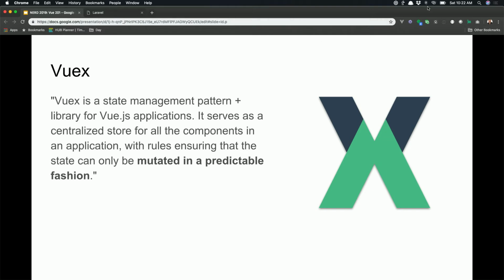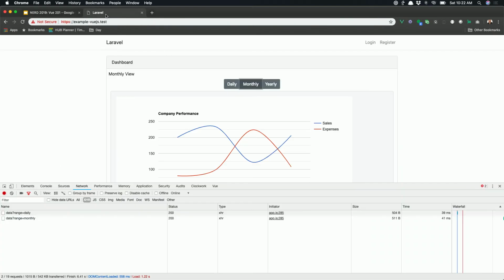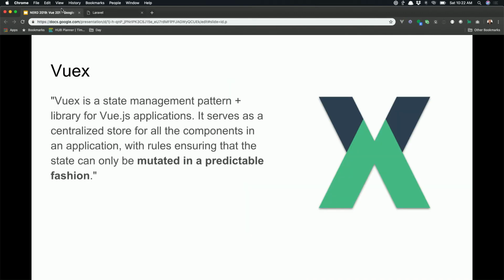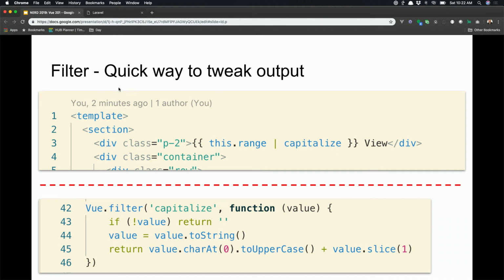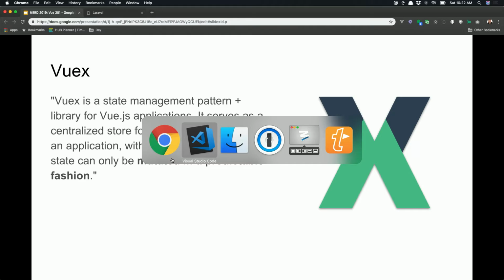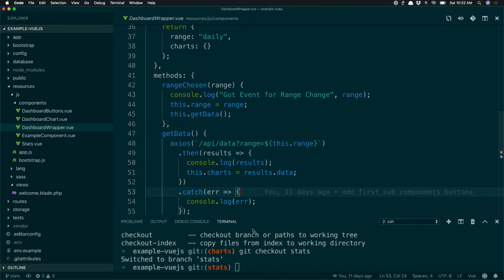And like I said before, it even comes built into this Chrome extension. So once we pull in Vuex, we're going to be able to see the Vuex state of all our data on this application. Let's dig into that. So what I'm going to do is check out the nav repository.